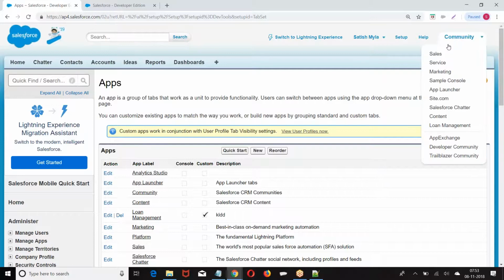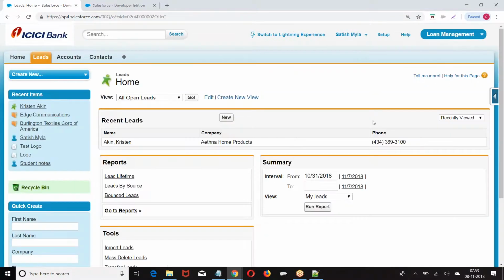So now go. So what do we have here? Loan. The list of applications we created, we can see here. On the first page, whose data came? Leads. The moment I open, lead data is coming. It is the default landing tab.